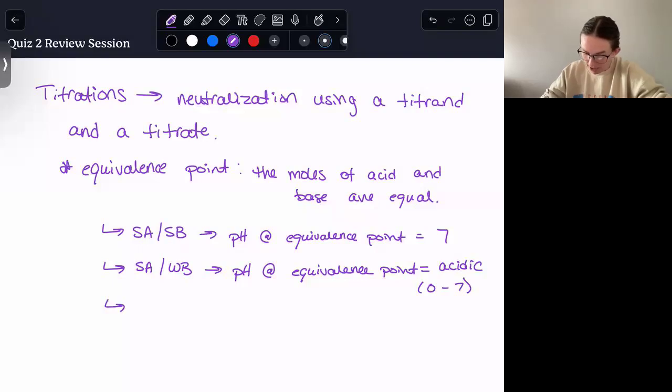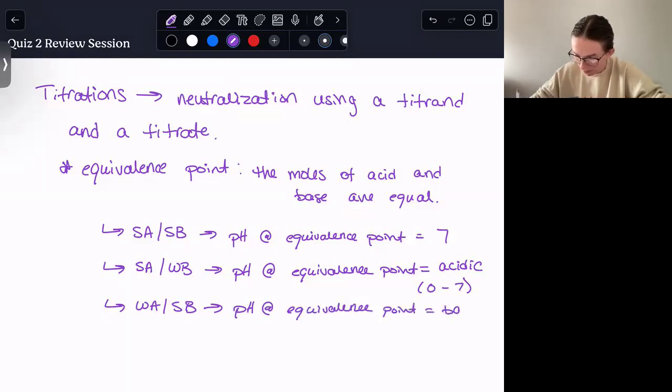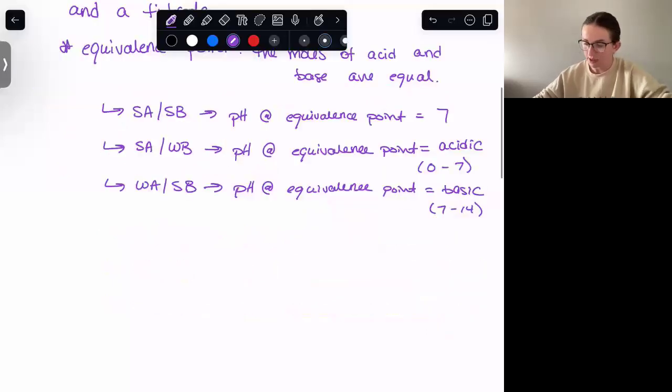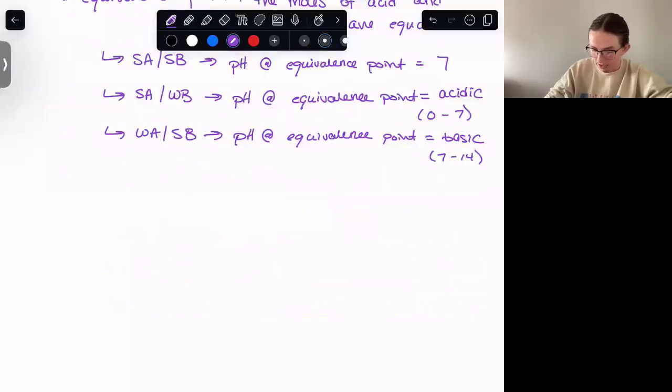And then if you have a weak acid and a strong base, your pH at equivalence point is going to be basic, which is anywhere from 7 to 14, usually, probably around that 8, 9, or probably like 9, 10, 11 range. Okay. But always at the equivalence point, the moles of your acid is equal to the moles of your base. So if we are given a question where it says,